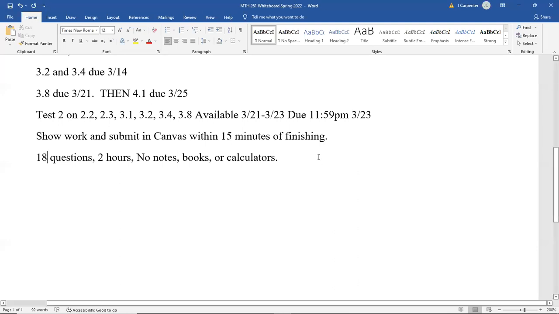Okay, so with all that being said, let's go ahead and pick up where we left off. We had finished 3.4, so we're going to do 3.8, which is on implicit differentiation. We'll take about an hour to do that. Then we will start chapter 4.1, which is anti-differentiation, going backwards from what we're used to for the past 2 chapters. We'll make it about 20 minutes in, 25 minutes in, take a break, and then we'll finish it, and that'll be pretty much in the nick of time for our class for this evening.